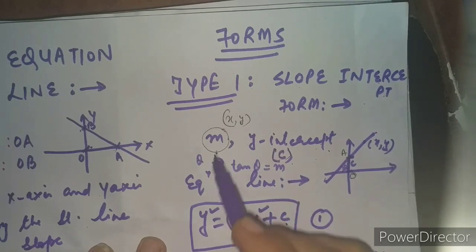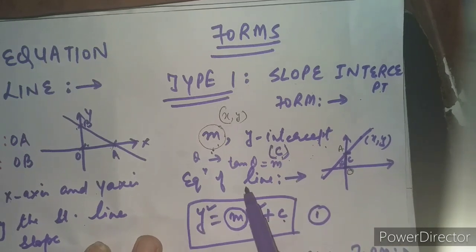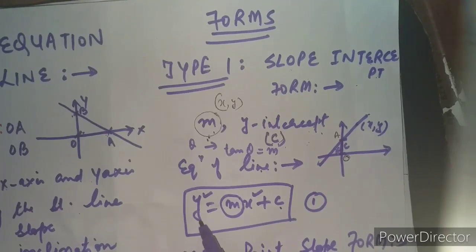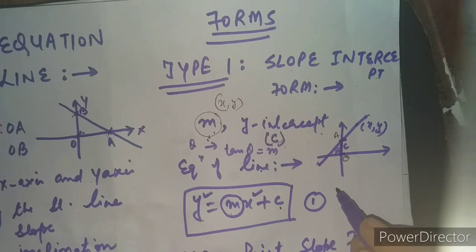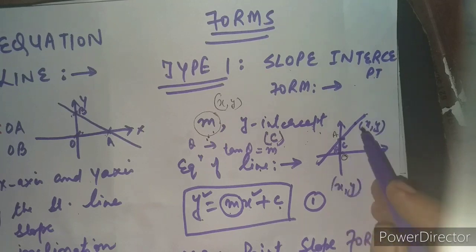If we have m and we have c, then in what way do you write the equation of a line? The equation of a line will be written in the form of y. This is the important formula, remember: y is equal to mx plus c. m is the slope which was given, and c is the intercept which will be given to us in the question. Now what about this x and y? x and y will be the general point lying on this line. I have already written here, this is that point xy, which will be the point lying on the line.